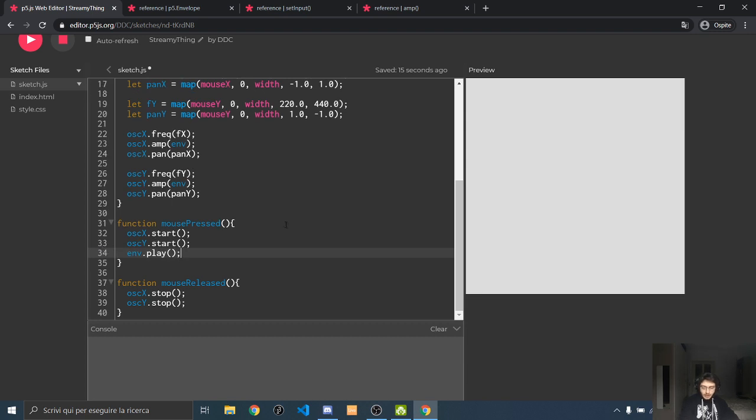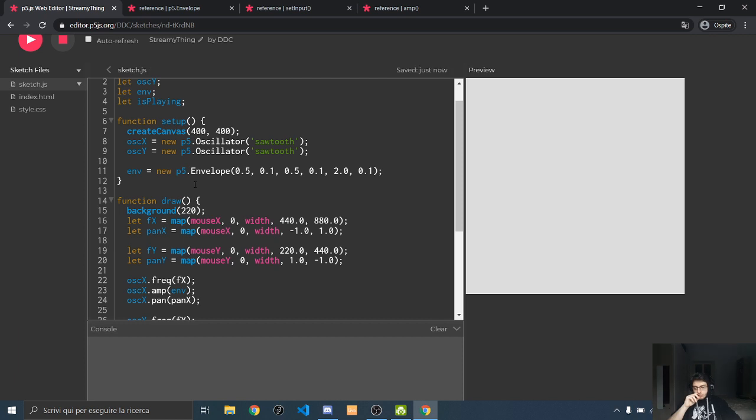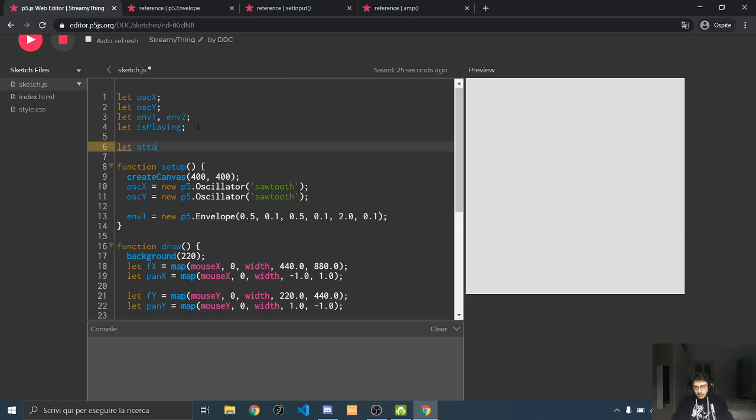Also, why did I put envelope.play 2 times? No, it doesn't work as I intended. Why? Or should I put like 2 envelopes? Why should it be like that? And 1. Yeah, okay, so maybe let attack time, attack level, decay time, decay level, release time, release level,